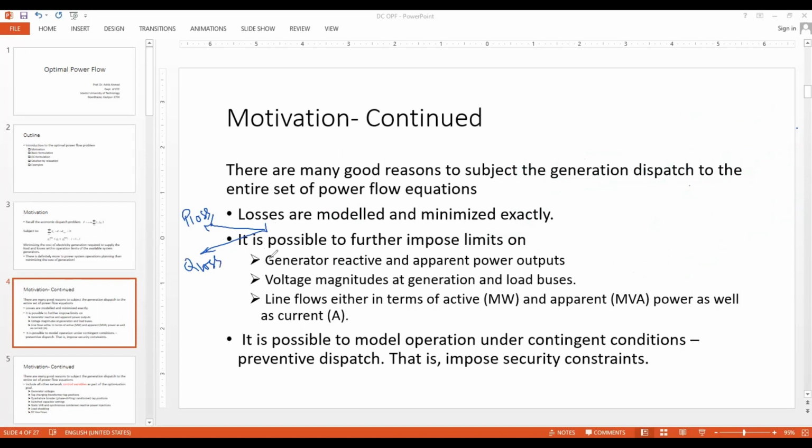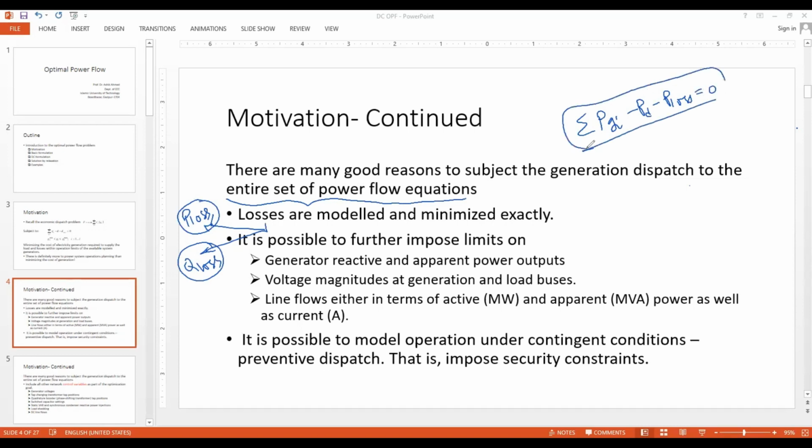So when we say that we want to obtain the information about the P loss and the Q loss present in the network, we can change our equality constraint a little bit. And instead of simply saying that, well, summation of PGI minus P demand minus P loss equals to 0, instead of saying that, we may go for a more conventional set of power flow equations